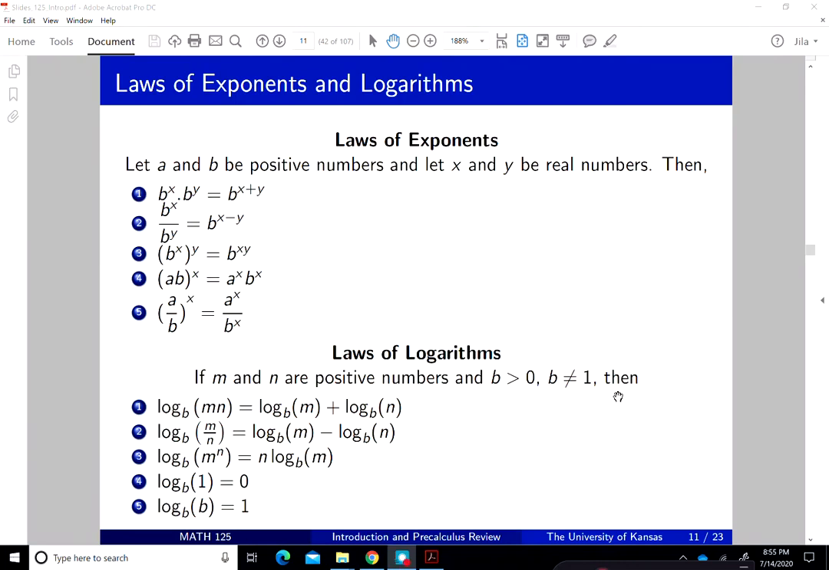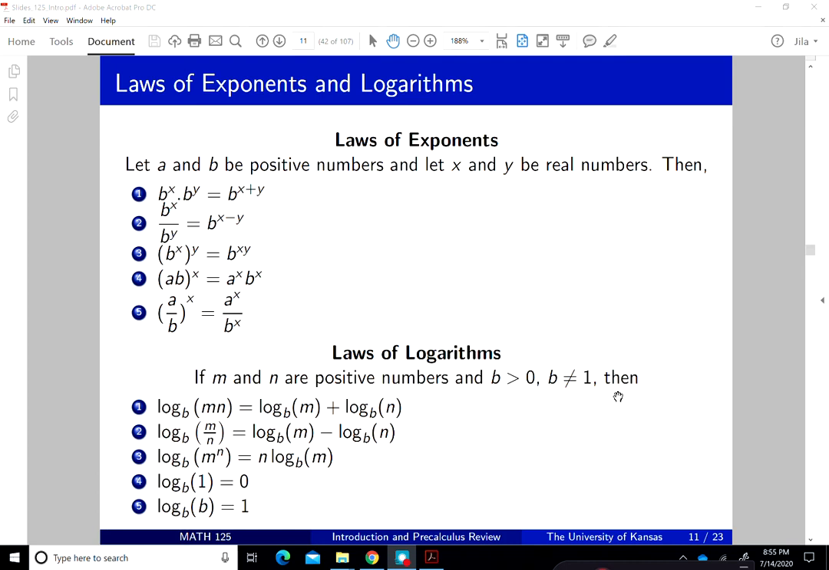We're continuing with review for pre-calculus, laws of exponents and logarithms. Laws of exponents. Let a and b be positive numbers and x and y be real numbers. Then